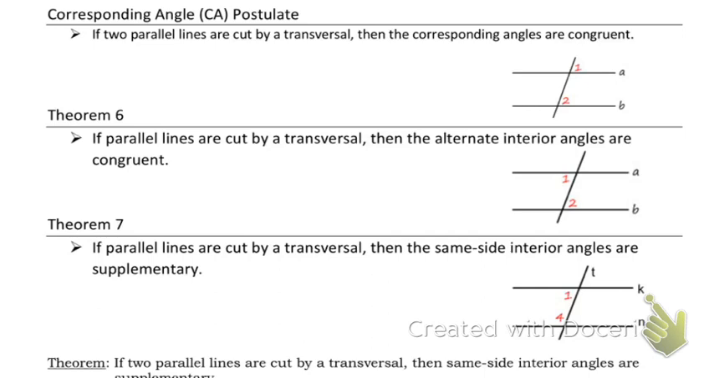I don't care. So the first thing we're going to talk about is the corresponding angle postulate. The corresponding angle postulate says, if 2 parallel lines are cut by a transversal, then the corresponding angles are congruent. Here is the important part of this. It is the if part. So look at that drawing. This says if